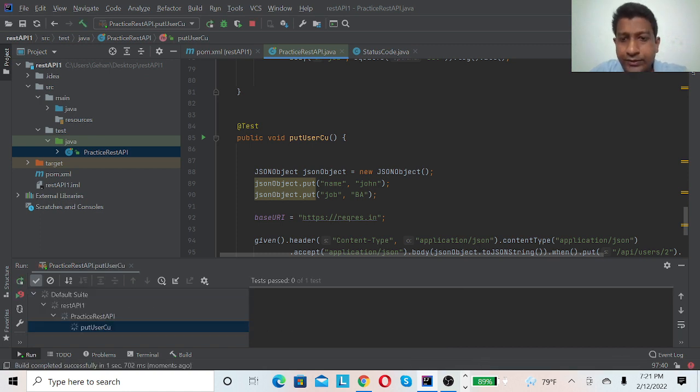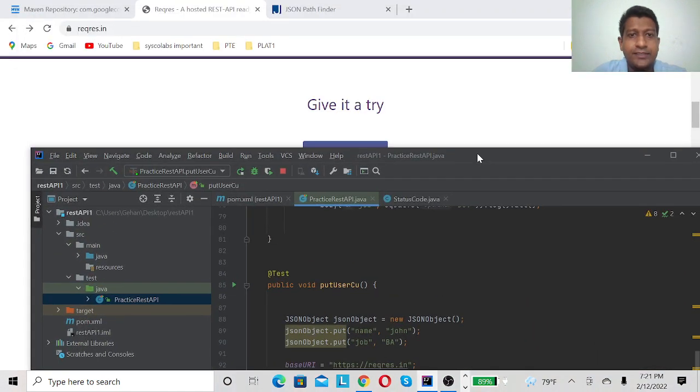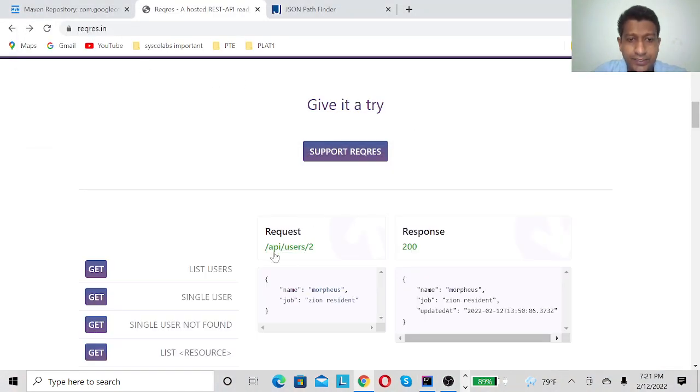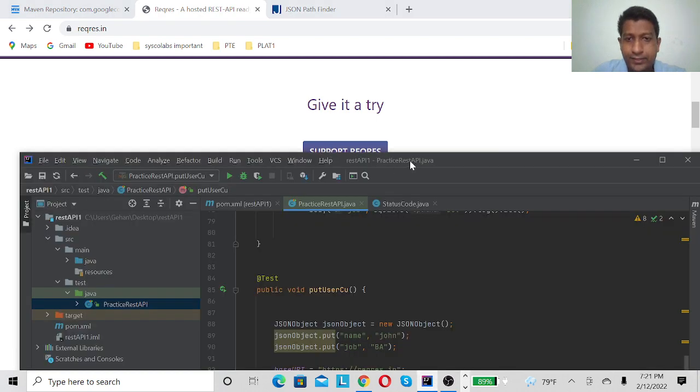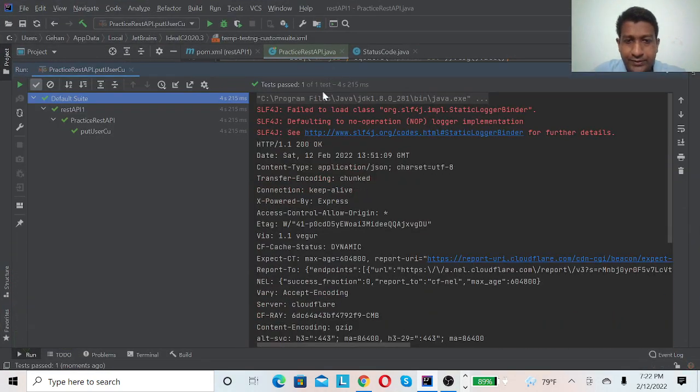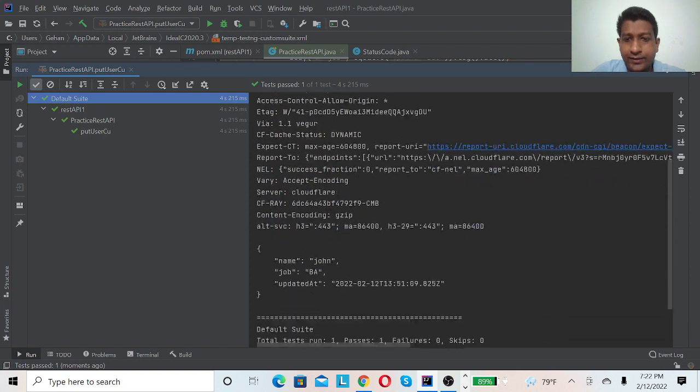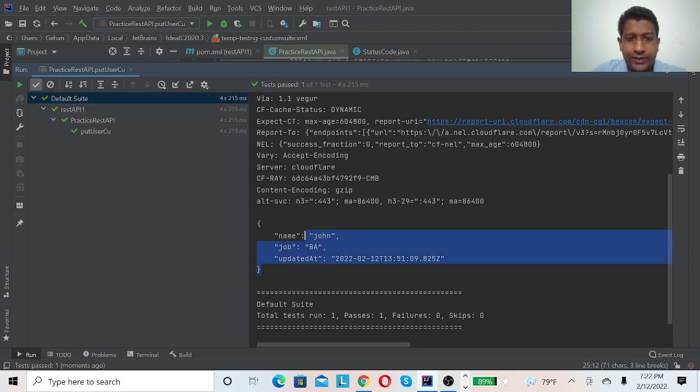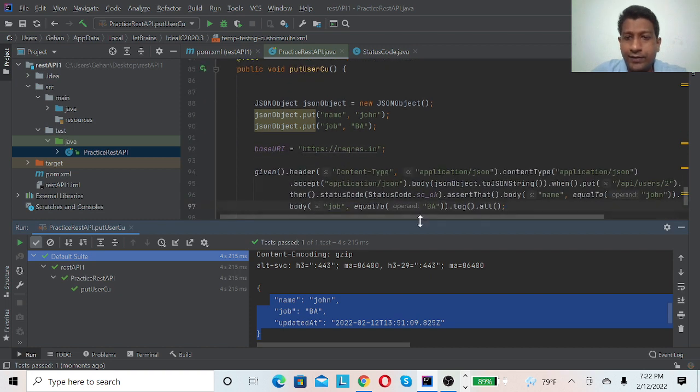Since the URI is the same as patch for put, you can see here the same URI. Here you can see it's passing and it's getting 200 for put also, and you can see the name and job have been changed.